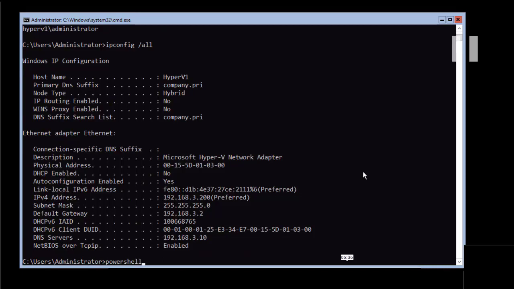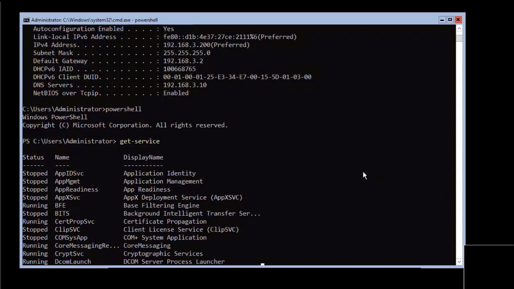The second most important command line tool is PowerShell. Basically PowerShell is a small utility which gives us the ability to check the server services and other things in a server. For launching PowerShell, you just type PowerShell at the command prompt and click enter. As soon as I click enter, my prompt is changed and starts with PS. PS means I am in PowerShell mode.